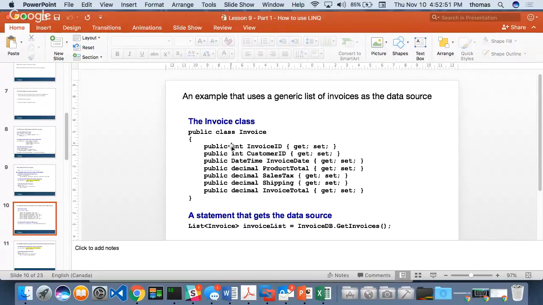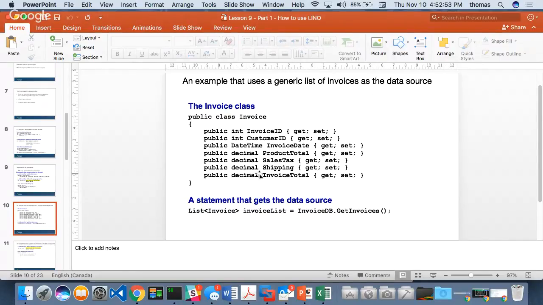Now, how do I work with something like this? And we kind of saw that last week. Well, first, we create our data source. So here it is. We're going to make a list of type Invoice. This is a customized object. Whenever you see these